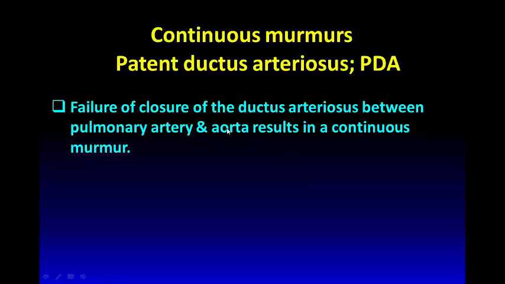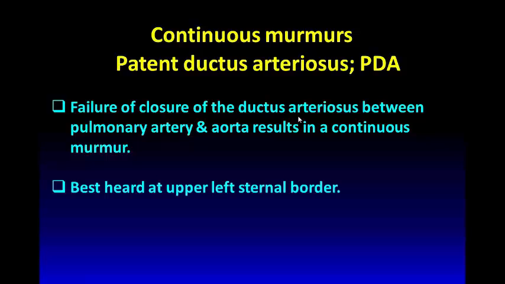This vascular connection is known as the ductus arteriosus, which is very important to the fetal circulation. This ductus arteriosus should close very shortly after birth. And when it doesn't close after birth, the condition is termed patent ductus arteriosus, and this is associated with a